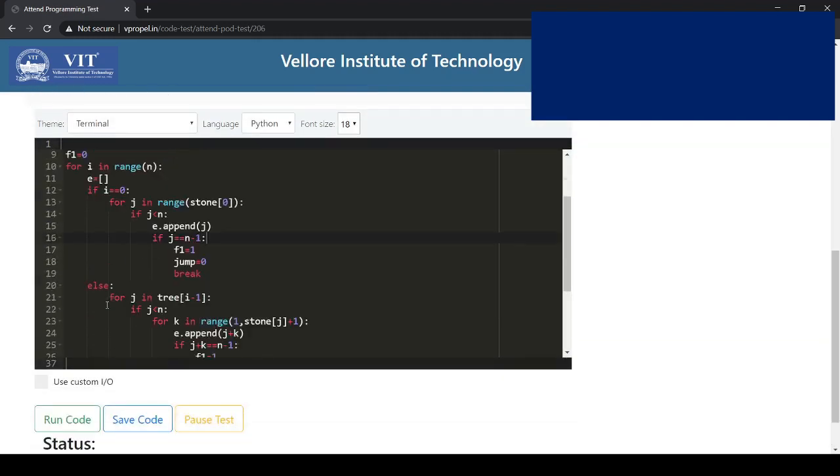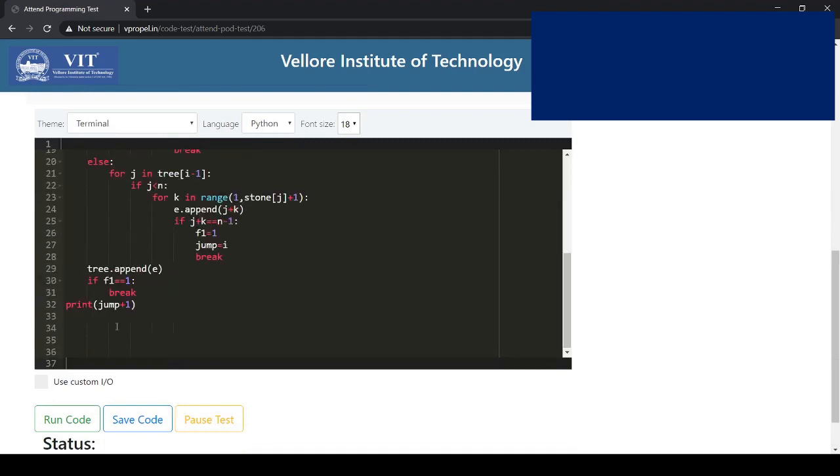I mean, our jump is initiated to 0, and if we are adding 1 to it, it becomes 1 jump. So for 0 stones, we should do one jump, which is not correct, right? So if n equal to 0, we are going to print 0 steps needed, and else print jump plus 1.